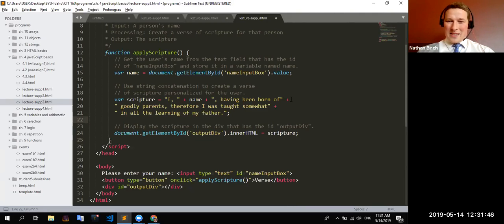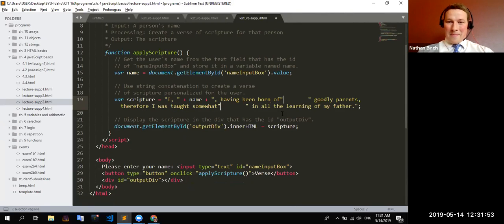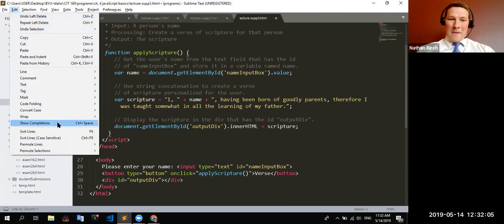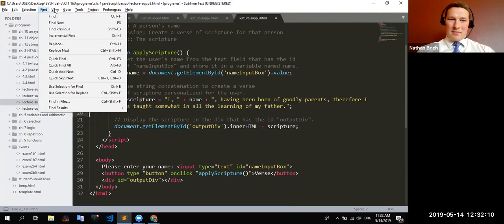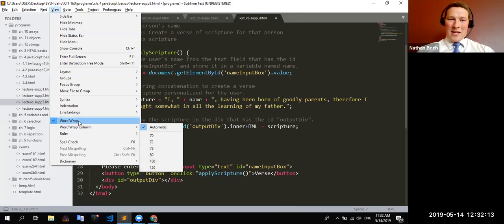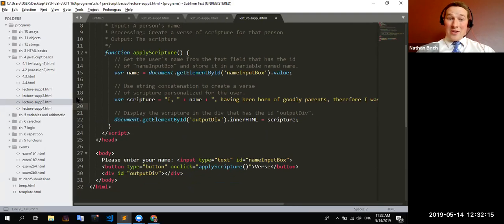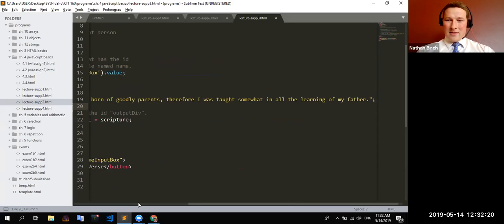And then I just realized I forgot to tell you guys. These pluses, like I said, you don't need them. If I hit Control D, I can select both of them, and I can just throw these all into one single string. And I have word wrap on. So if I go into Edit, where is word wrap? View, word wrap. There it is, big blue check. If I turn word wrap off, you can see this is all line 19, and then I have to scroll over to see it all.